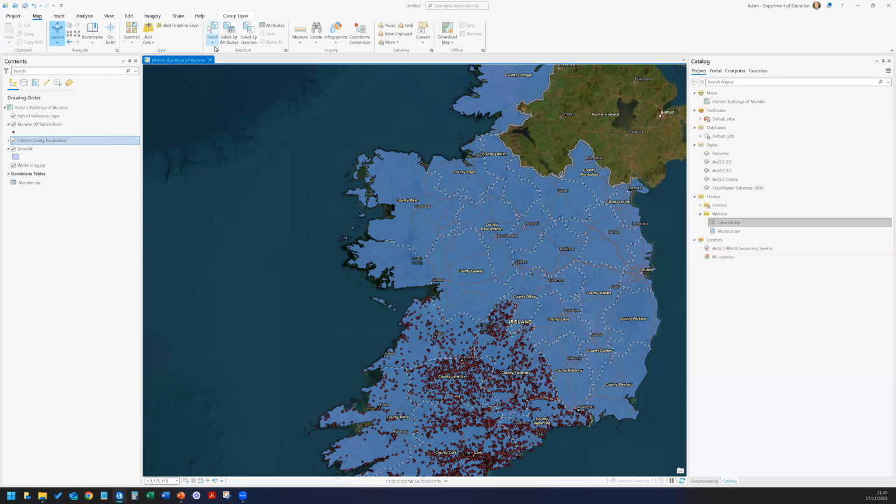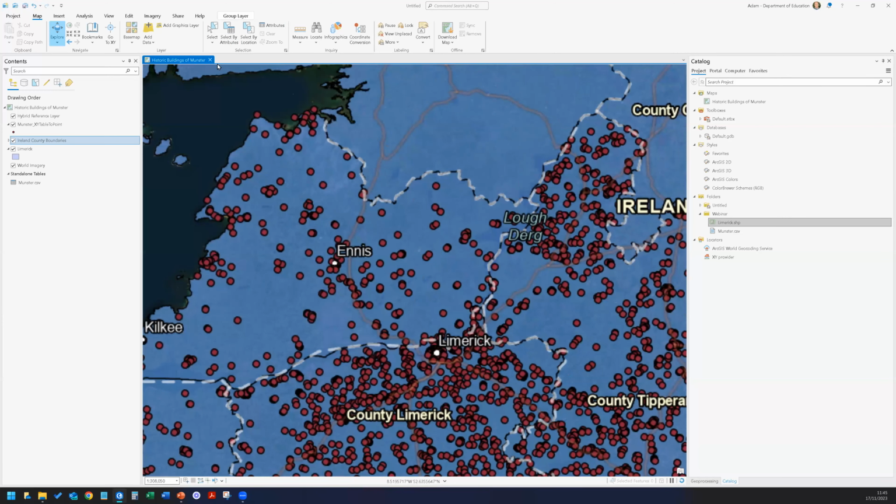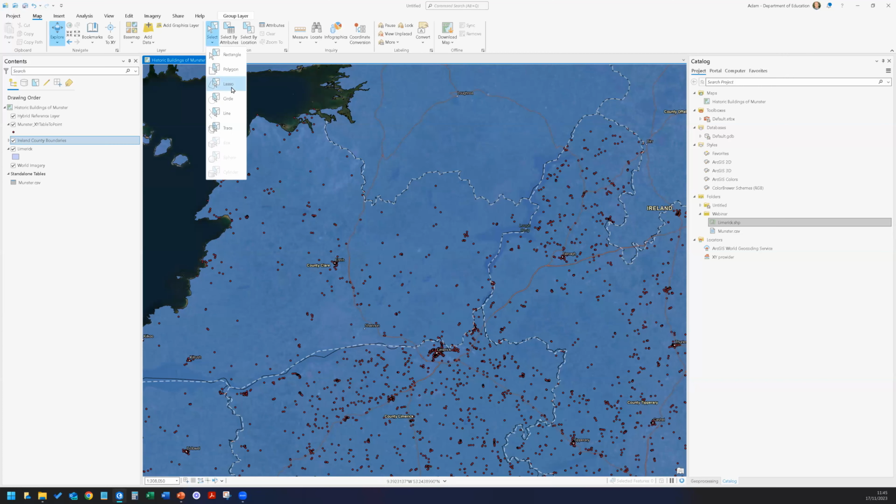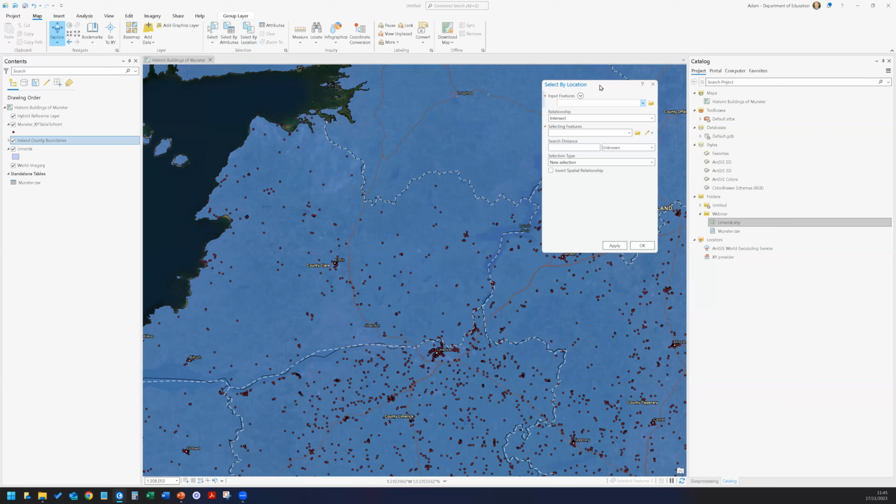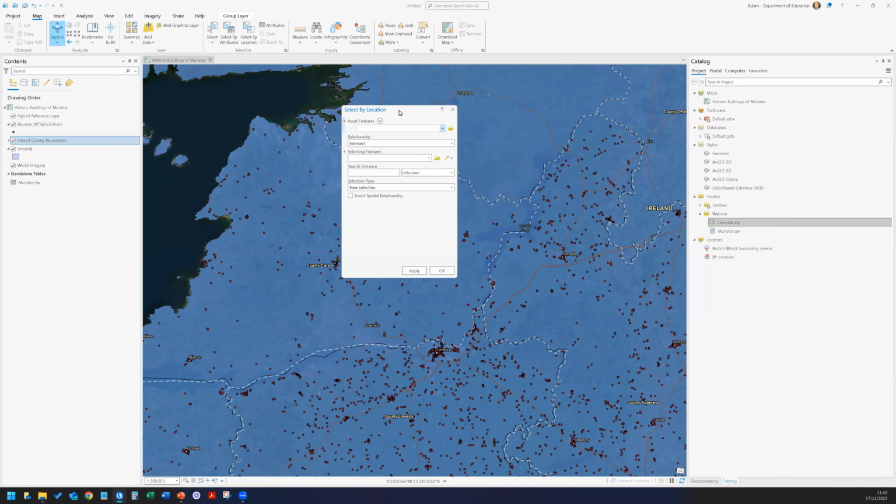The other option, just to note, is select by location. They're all in here. Okay, so I can select. I still have my lassos. I still have my rectangles. I also have a more performant select by location. So what I mean by that is that it is possible to select